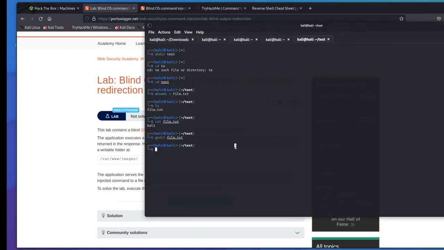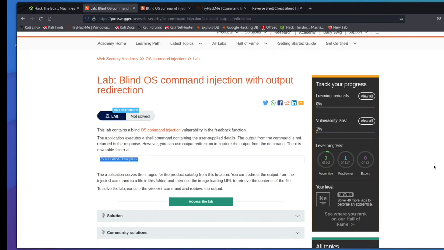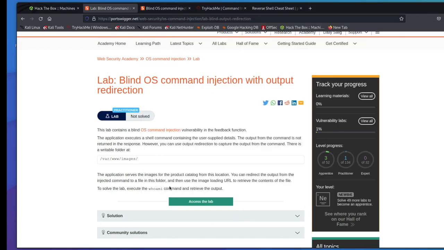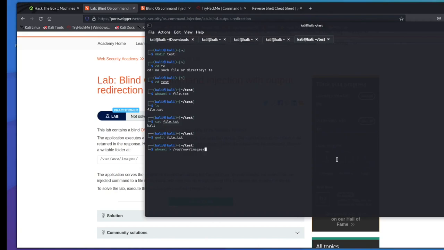So what we're going to do is give a whoami like we did up here, only it's going to be in this right here. And so your command is going to look like this. And if it has to be URL encoded, you'll need plus signs right here. If not, you might be able just to delete this and do it with no space. And then you're going to need to try and retrieve the file with the command injection. And I want to see if you can figure this out. So go ahead and give it a try now that I have given you a hint with this clue right